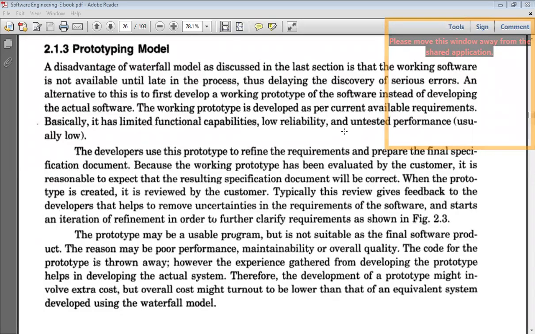Hello student, today we are going to discuss the prototype model. This prototype model has an advantage over the waterfall model, in that in the waterfall model we